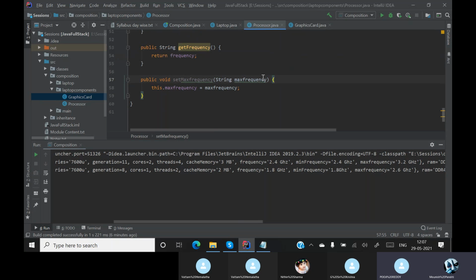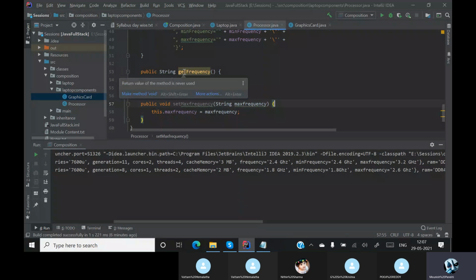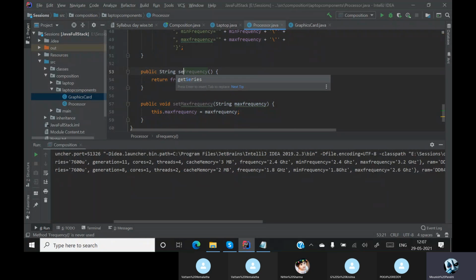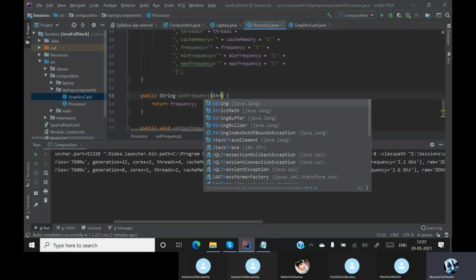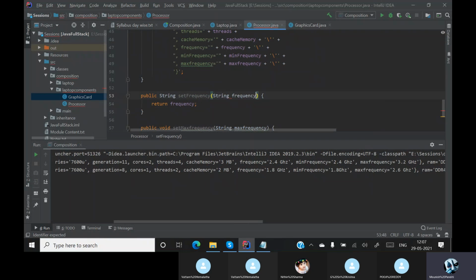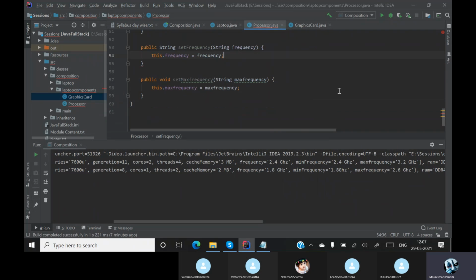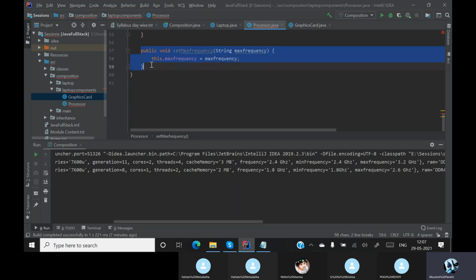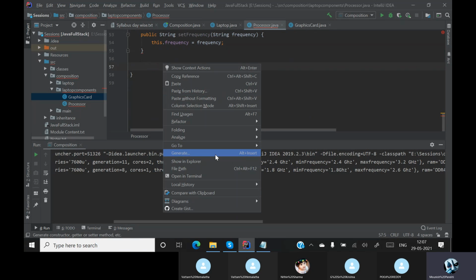So first of all, if I want to set my frequency, a getter method is not needed. I need a setter method. So I must say set frequency, and the frequency is of a string type, string frequency, and this should be this dot frequency is equal to the frequency whatever I want to give, and this should not be a setter method, this should be a getter method.